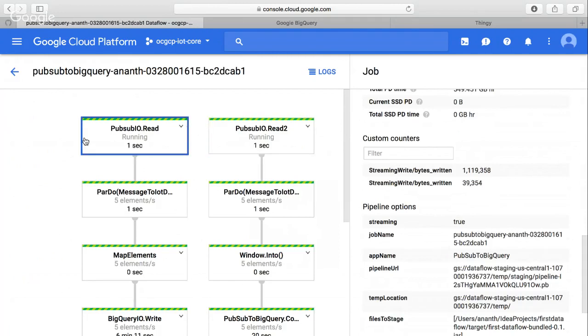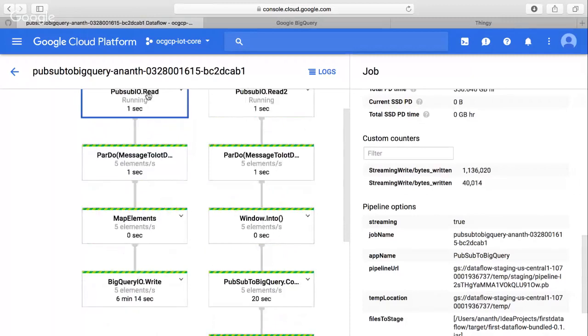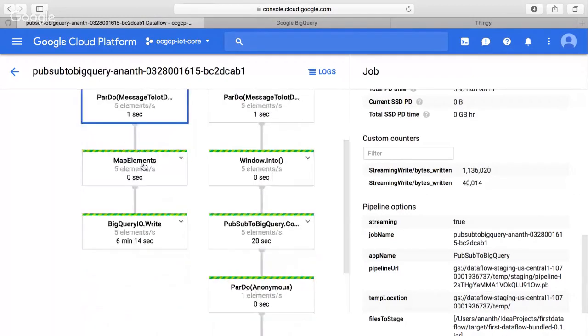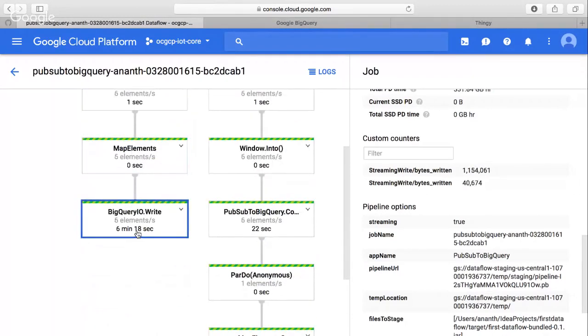So here, I have two different streams. When I inject the stream, we are doing two things with that data. One is we are taking the data as it comes and throwing it into BigQuery as raw telemetry. So I have a table here that